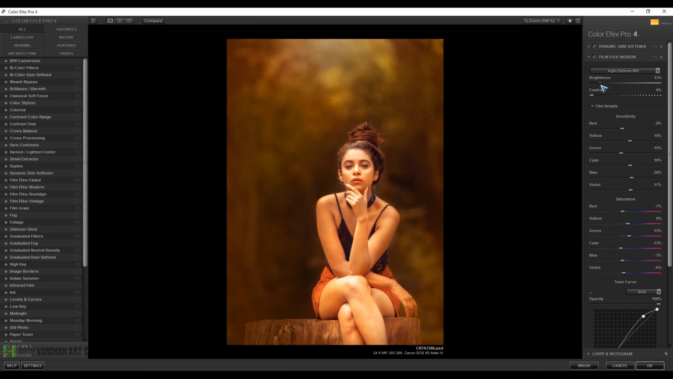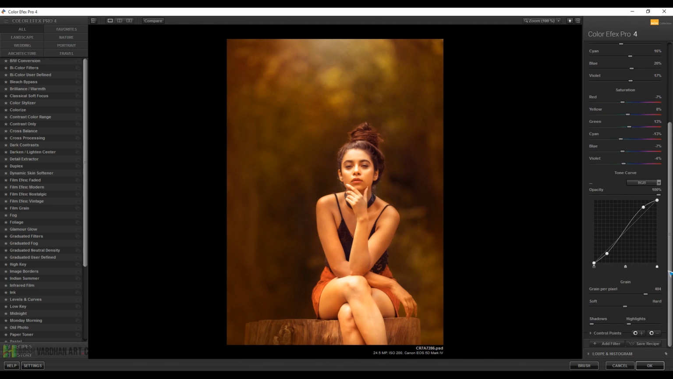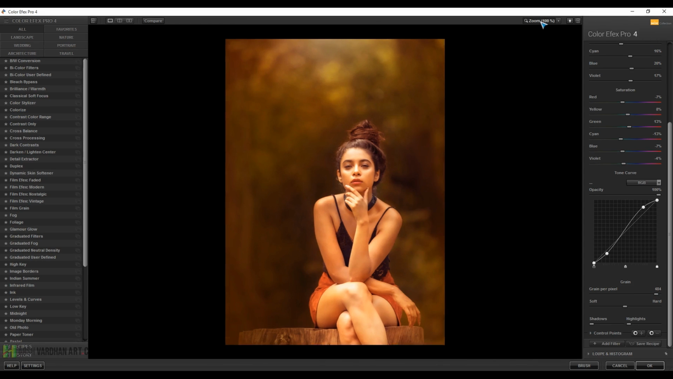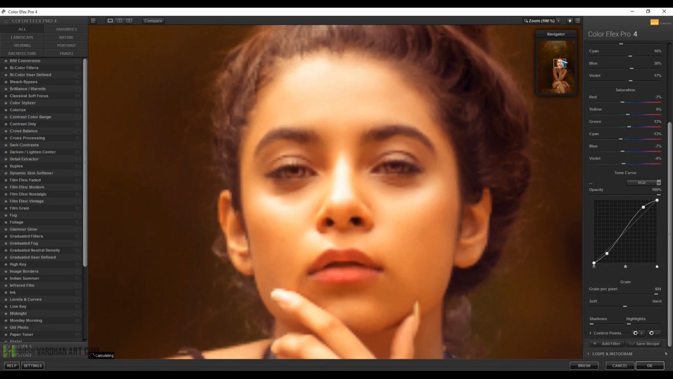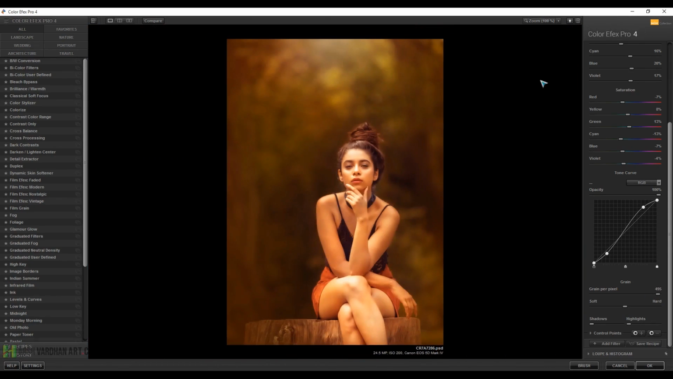We can adjust the brightness a little bit more, and here increase the grain per pixel to 500, or let's say 484. Zoom in to see how much grain it is going to add. So I think this one is just fine, or let's increase it a little bit further. So we'll bring down the grains and zoom out,